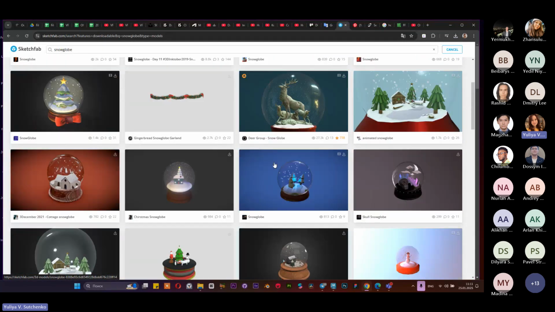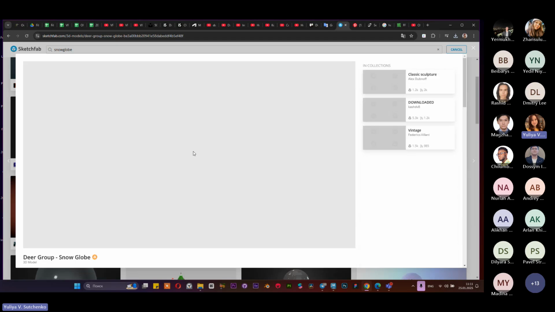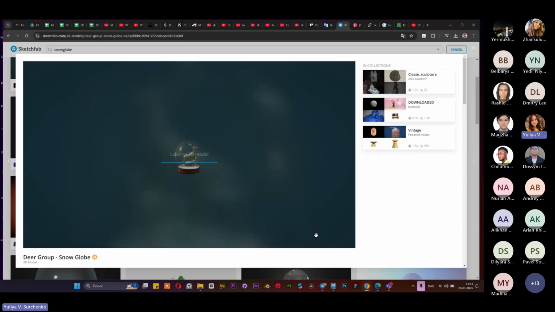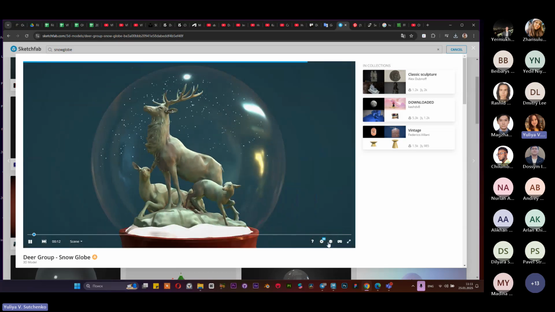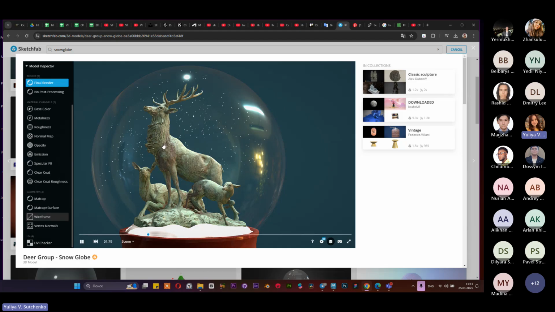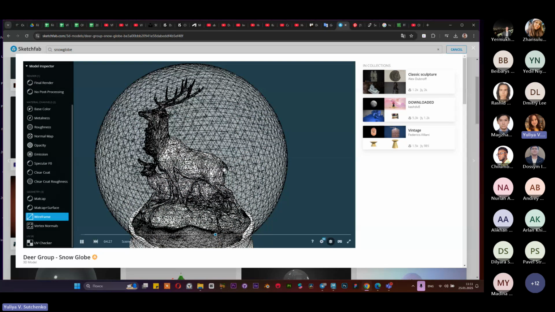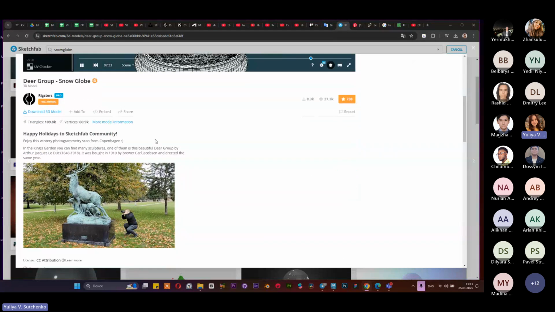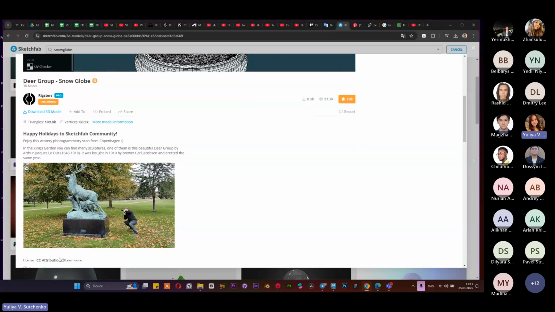For example, in the previous year we used this snow globe. If we inspect this model through the wireframes, you can see there are a lot of polygons. And in the previous year we reduced the number of these polygons by using some modeling tips from Maya. Why do some models have a lot of polygons? Because